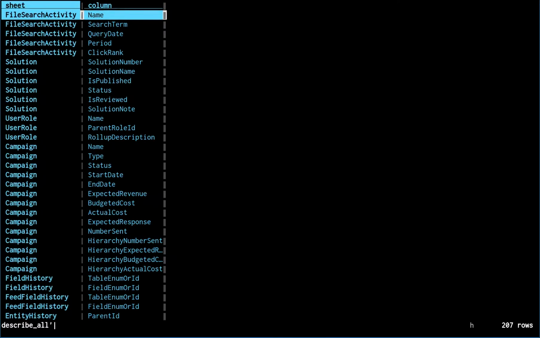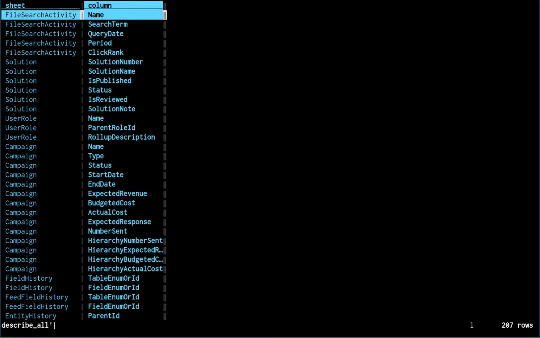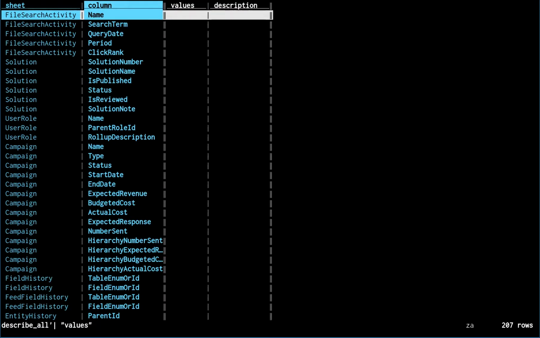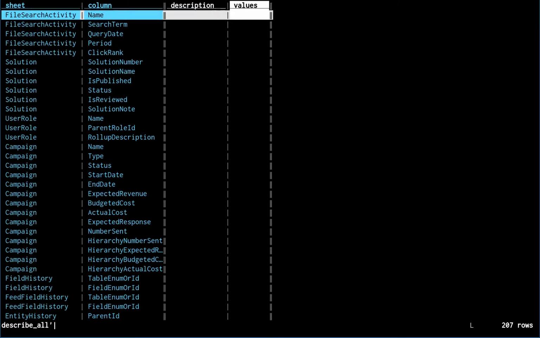And if I wanted to, I could either turn these key columns on or off, but I could also go ahead and add some more columns like description, and this is the ZA command I'm using here. Oh yeah, possible values that are in there, etc. I can rearrange to my liking, and then I can go ahead and save it off as Salesforce codebook in whatever format I want to, and then I can fill it out in either VisiData or another tool. But in the end, I've got now the 207 columns that are at least mildly interesting or possibly interesting